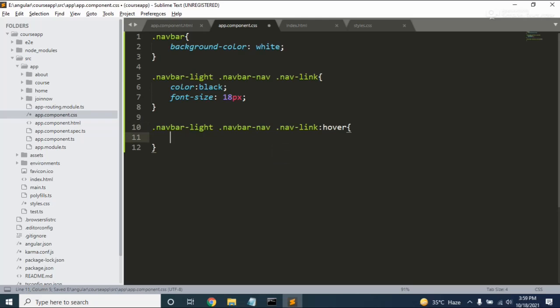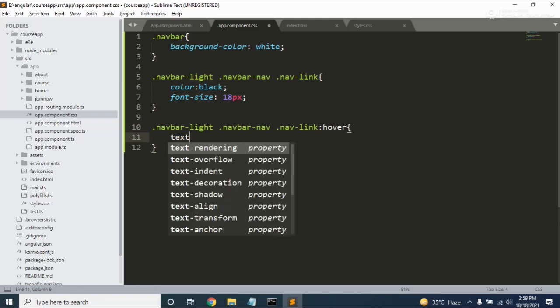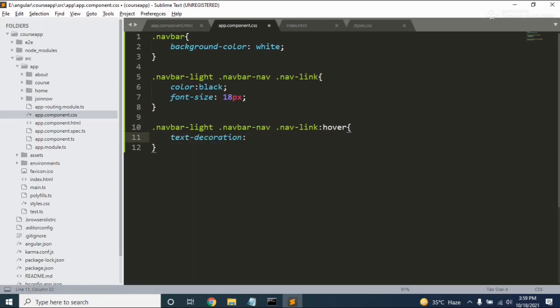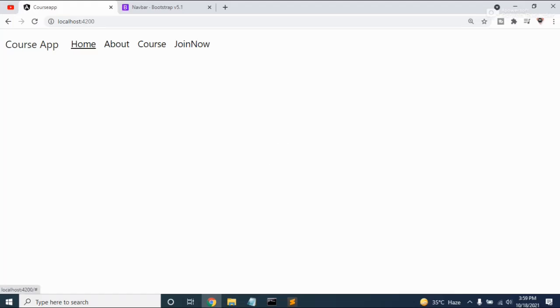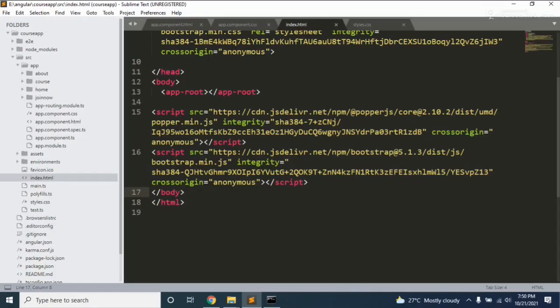So when you hit the hover, what should happen? Text decoration should be underlined. Now you can see here we have the hover, courses, and join now. We have the underline format, right?